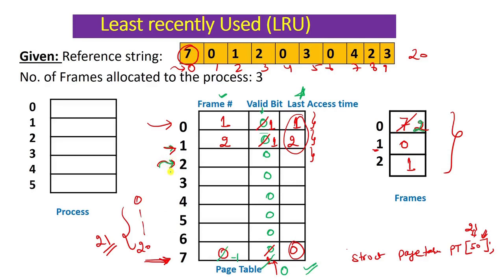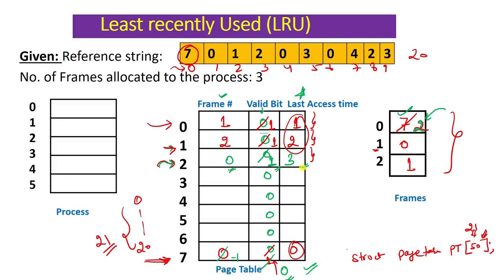Okay, what I have to update, I will say, okay, 2 has come inside 0th frame, so you will become now 1, and 2 has access at 3rd time. So we have to update the entry for 7, the page that is going to be replaced, and for the page that is coming, I have to update the entry. So for the removed page, this bit will become 0. For the newer page, this bit will become 1, and frame number and time of access should be updated.